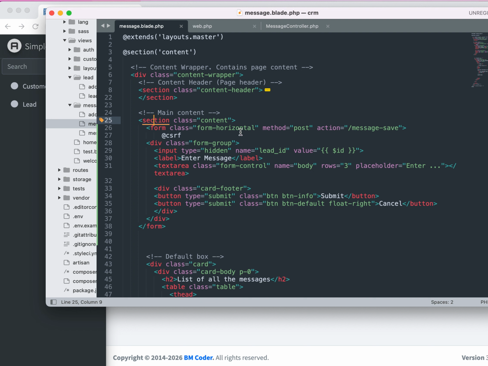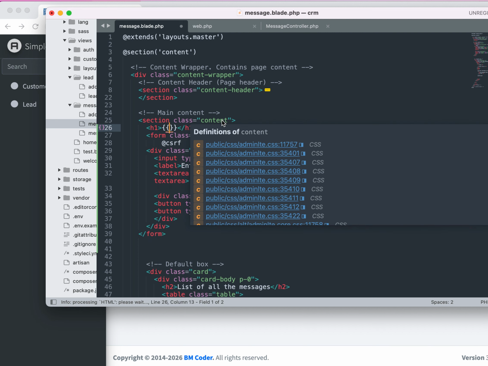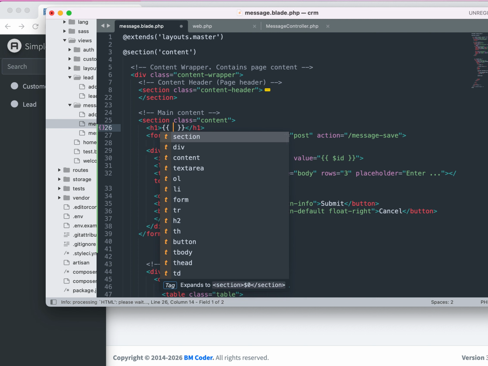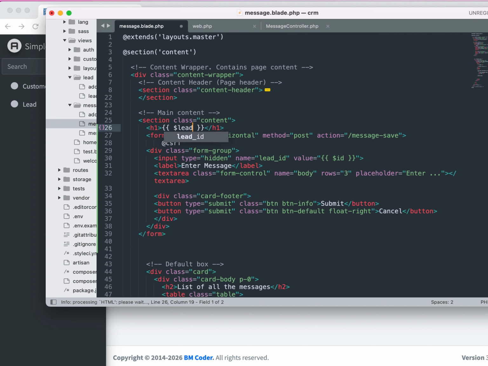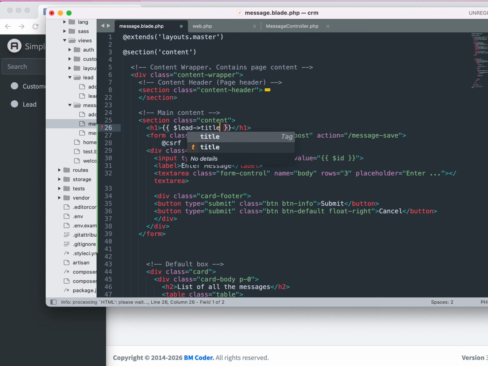this is the form, and this is the section, and in the section itself let's create an h1 tag, h1, and I'm using multiple h1 because this is not a website, this is software, CRM software. So Google is not going to crawl or rank this. Correct, so don't worry about using h1 too many times, just make sure it looks good and is easy to use. What's the name? Title. Correct,